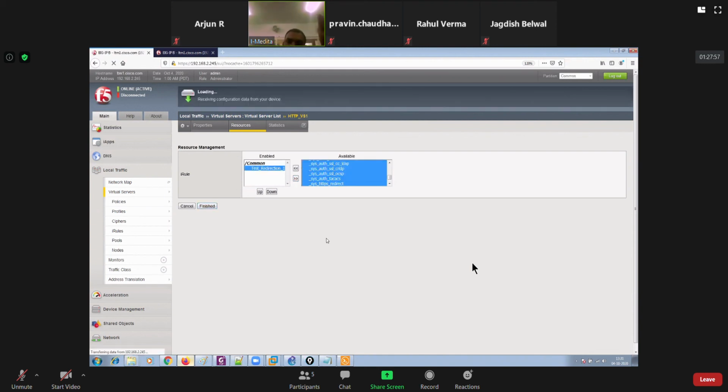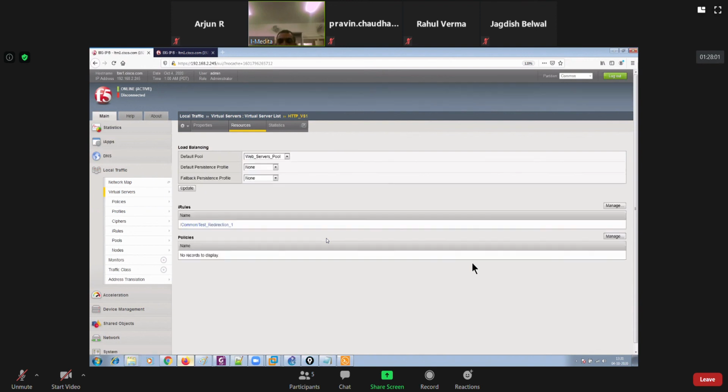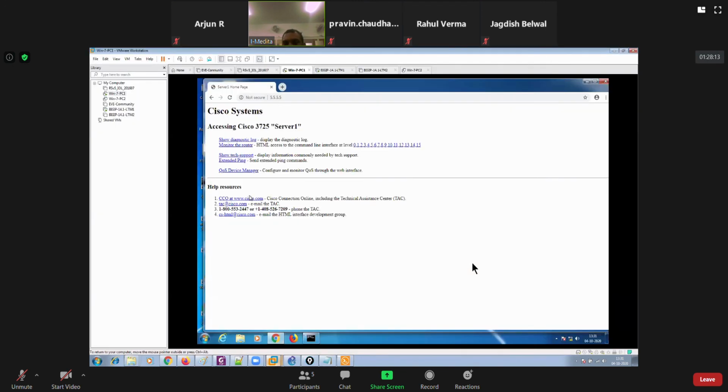And the sequence in which the iRules will be executed depends upon the sequence in which you have applied the iRules to your virtual server. So now, earlier from my PC, I was able to access the server one, but this time it should get redirected, but we do not have that page existing anywhere.